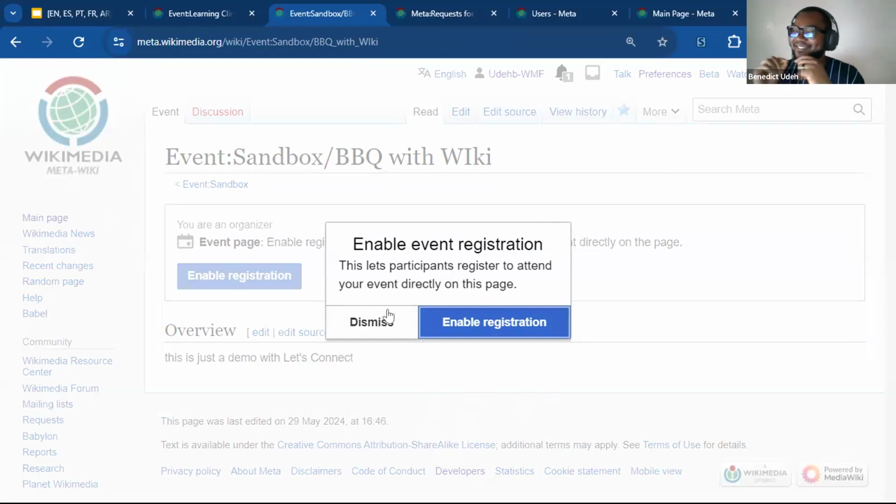So again, make sure you meet these 3 criteria. You're on the right wiki, you have the event organizer rights, and lastly, you created this page starting with the event namespace. Hope that makes sense. So once you see this, you can choose to enable the registration, which means